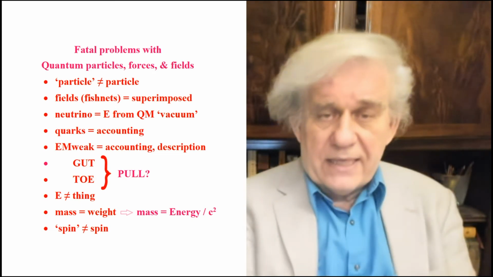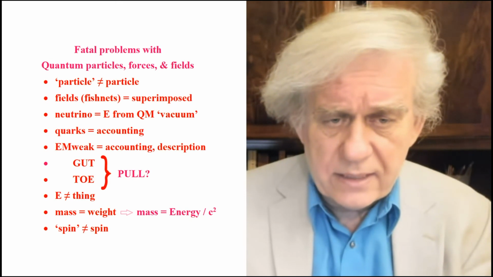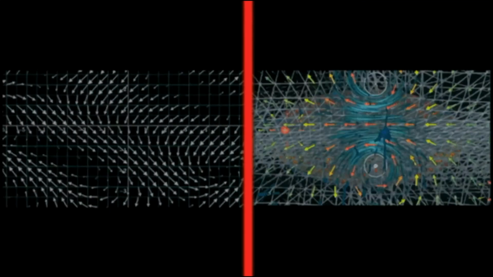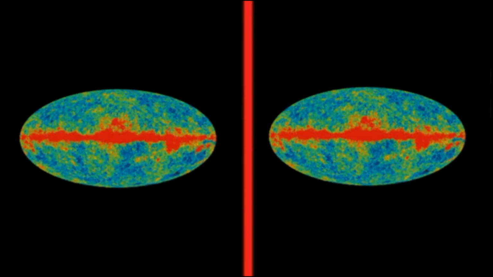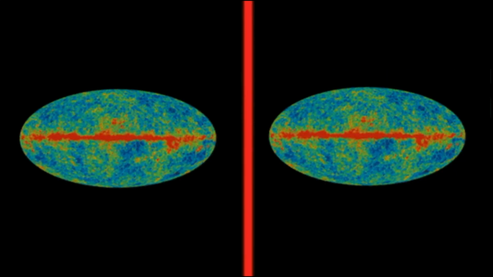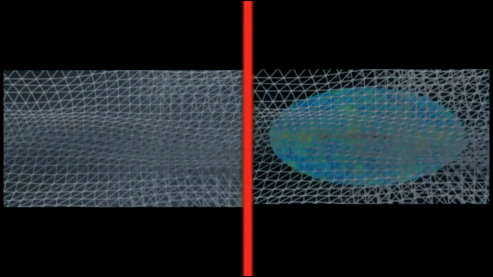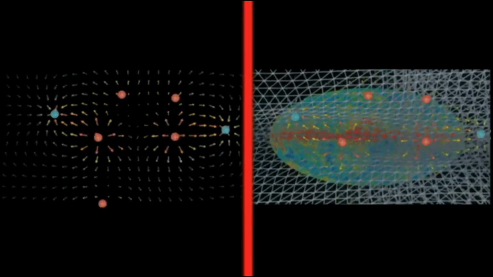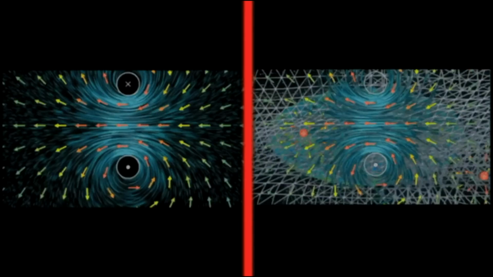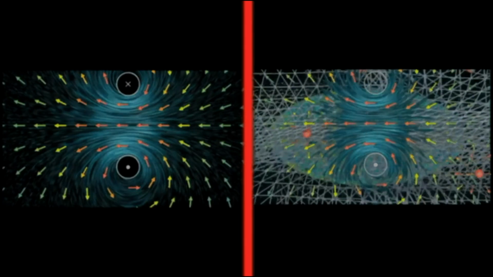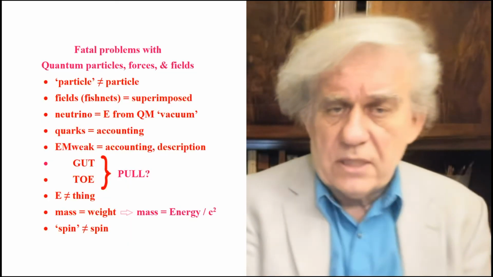Okay, fields. I showed the other day, they're all superimposed. And here, let me show that again one more time. We had all these fields, one on top of the other. And you have the background radiation, which is like a temperature field, 3 degrees Kelvin out there. You have all these fields, the electric field, the magnetic field, the electromagnetic field, the gluon field, all superimposed upon each other. And the question is, don't these fishnets somehow get tangled? So that's one of the issues on fields.